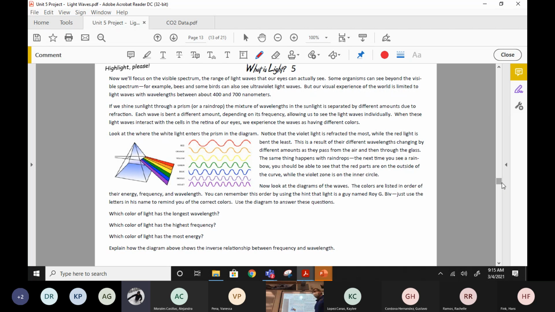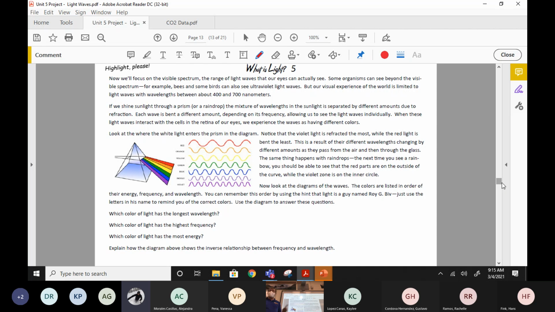So as we're talking about the visible spectrum, the other thing I want to point out in this diagram that I like is not only does it show all the colors, but it shows their wavelength and frequency here, doesn't it? All the waves are given. And you can tell just at a glance that red has a bigger wavelength, a lower frequency, and that means it has a lower energy than orange. But that's less than yellow, which is less than green, which is all the way up to violet, which has the highest frequency, the shortest wavelength, and it must be the most energy too, huh?